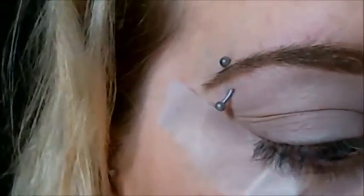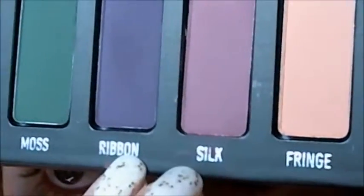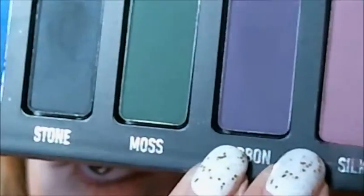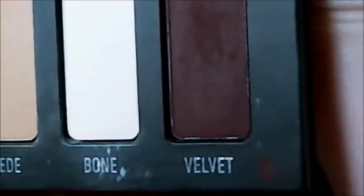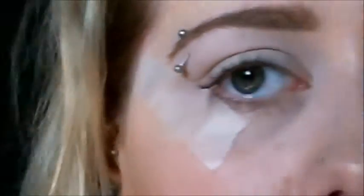Alright, now I'm going to go ahead and go in with my Kat Von D Metal Matte Palette, and I'm going to focus on these two purple shades here, Ribbon and Silk. Ribbon is a darker purple, and Silk is more of a lavender color, and then eventually I'm going to dip into Velvet here at the end, which is kind of like a burgundy purple, just to deepen up a little bit here. So the first thing I'm going to do is dip into Silk, which is that lighter lavender color,